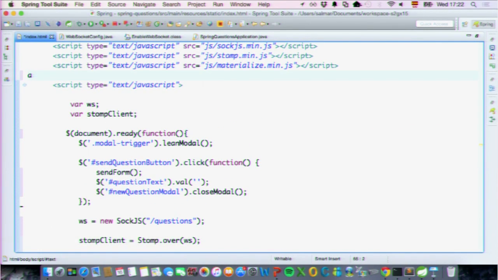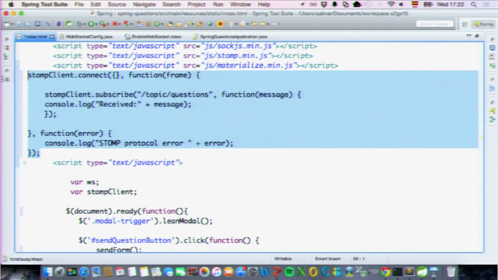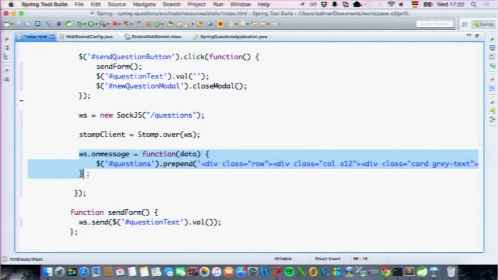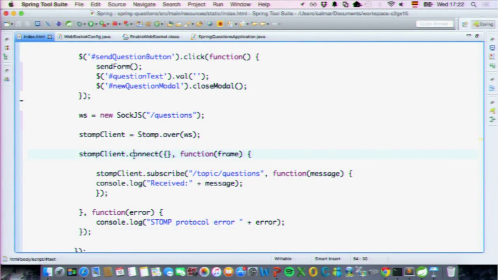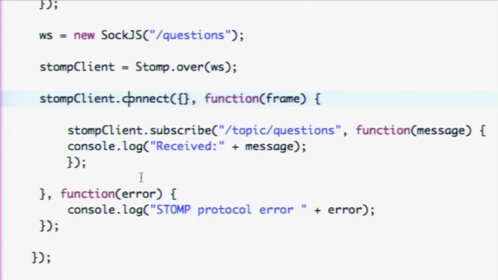So I'm going to get this STOMP subscription to simulate the subscriptions. All right, so here we see that we have a callback. So we connect to WebSocket, right, using SockJS. So notice that we are using SockJS for the fallbacks, and then STOMP over that connection. And here we see how we connect through the STOMP client. So that will connect to an endpoint, which we haven't defined yet. And we have a subscription to